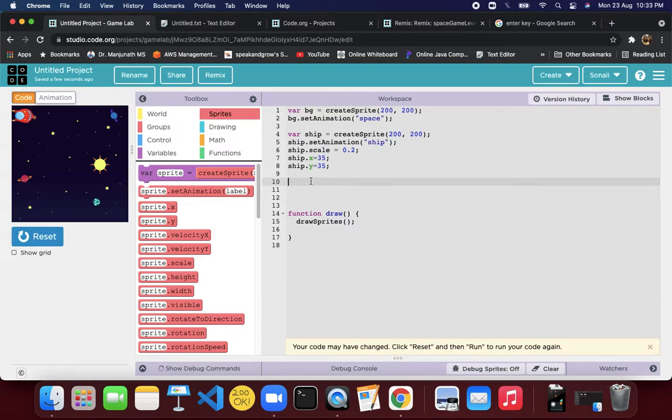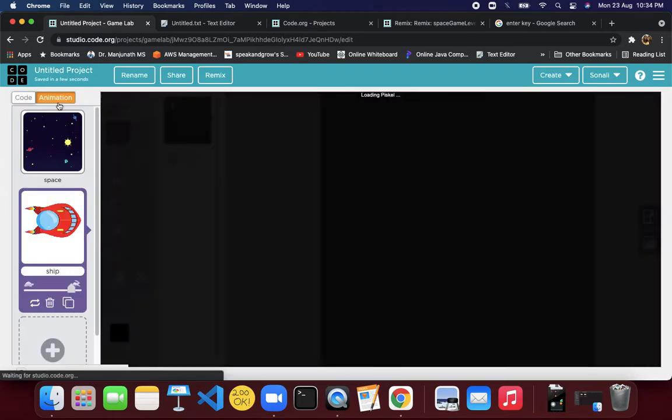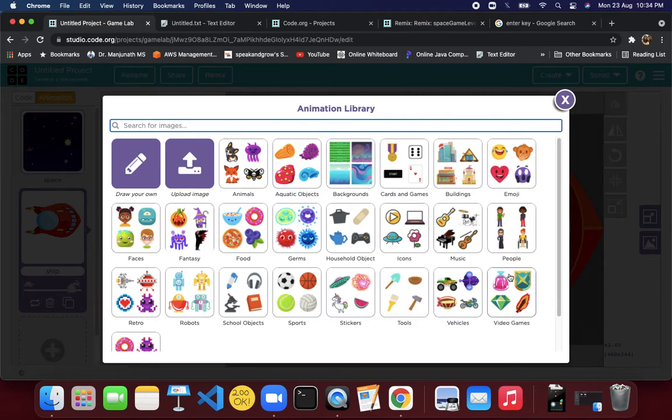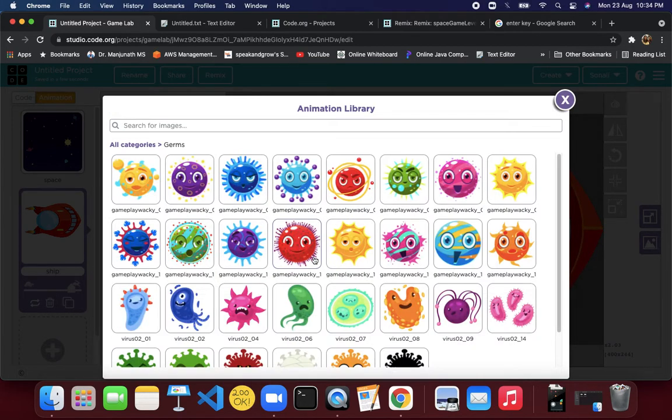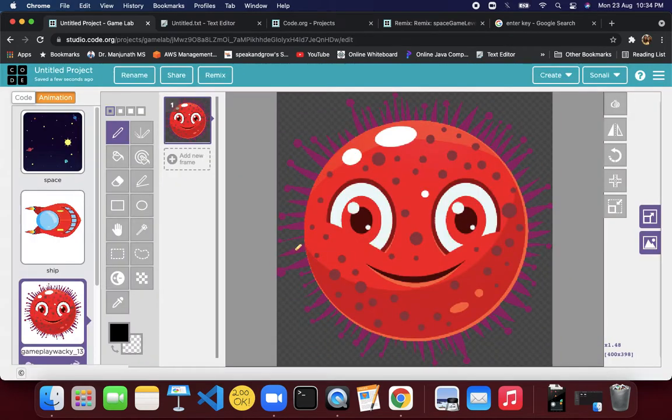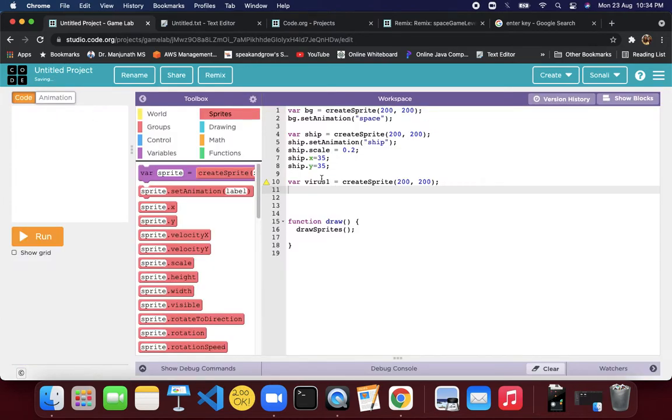Now the same way we can put some viruses. For the time being, I will show you one virus, and over time you can create some more. Same way again, maybe virus 1. Again, if you see, it's just a block. By now you should tell me what things you need to do. Let me take this germ, this Q germ. So I'm renaming it to virus 1. I don't want to give some complicated name. Virus 1.